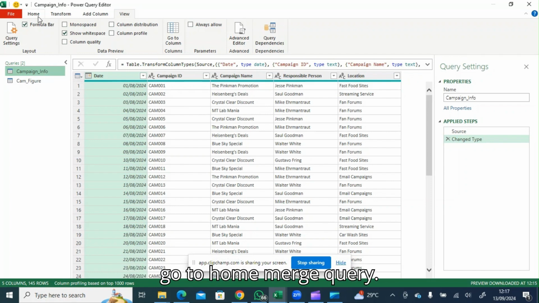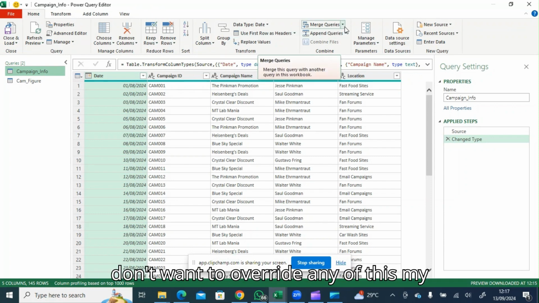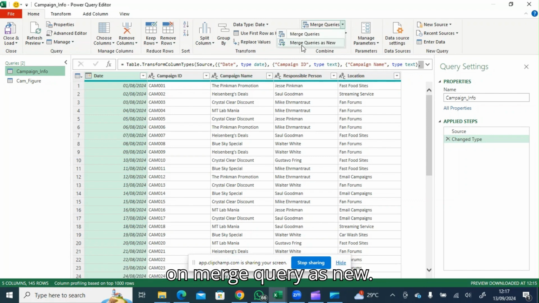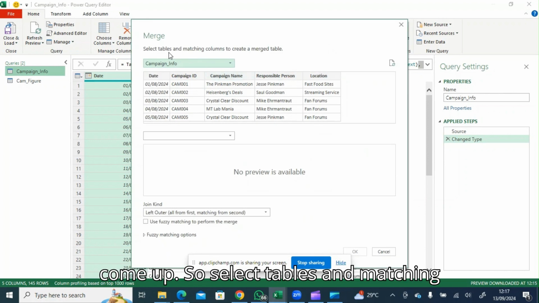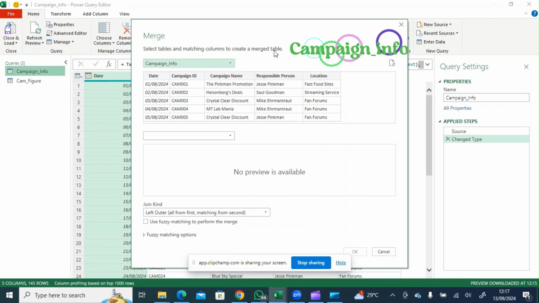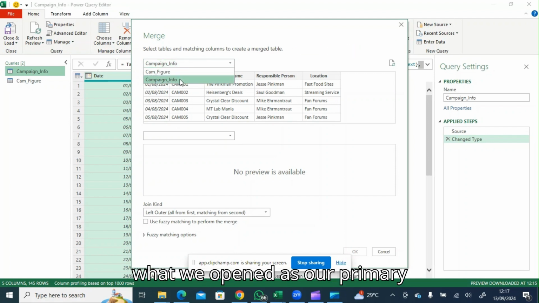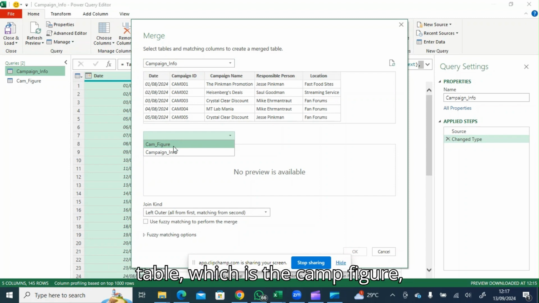So click on this, go to home, merge query. But instead of clicking on merge query, I don't want to override any of the tables I have here. I just need to click on merge query as new. As soon as you do that, it's going to come up. So select tables and matching columns to create a merged table. So we have the mesh table clicked already because that was what we opened as our primary table. So I need to click on my secondary table, which is the